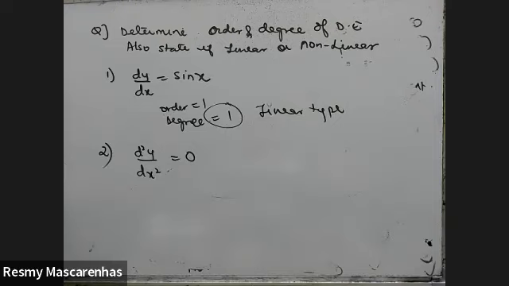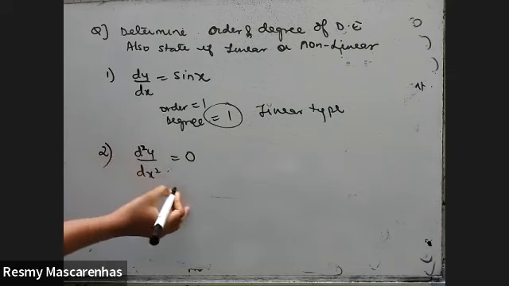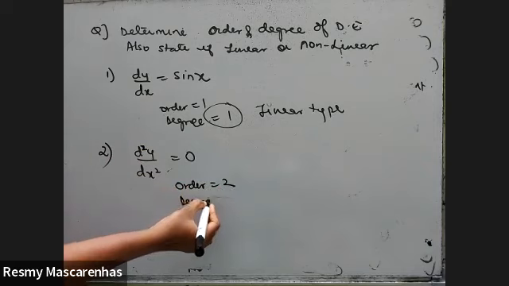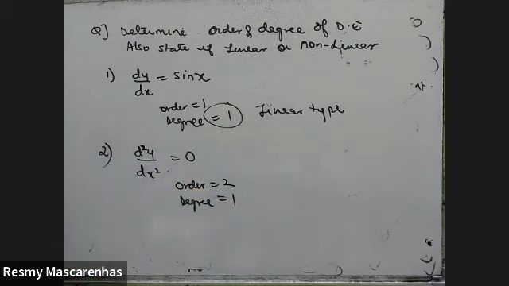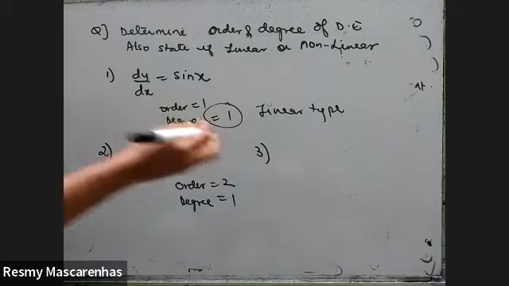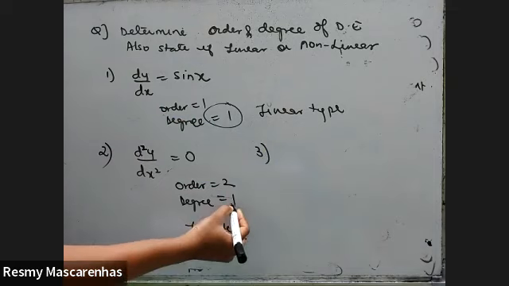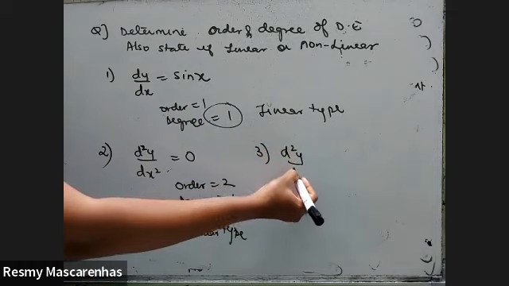Can anyone else answer? Ma'am, order is 2 and degree is 1. Yes, order will be 2 because it is differentiated 2 times, and degree will be 1 because the power is 1. Third one, a linear type this will be because degree is 1. Third one, d square y upon dx square